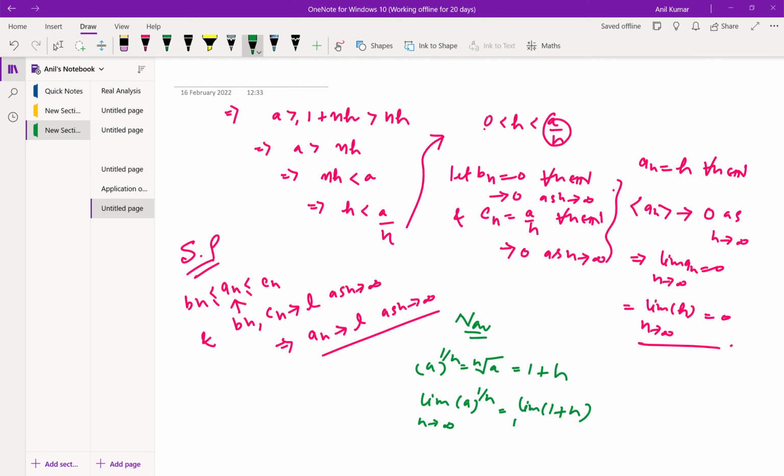So using the algebra of convergent sequences, this is limit of 1, so 1 plus limit of h n tends to infinity, and this limit क्या आ रही है हमारी 0, so 1 plus 0 is 1, ठीक है।